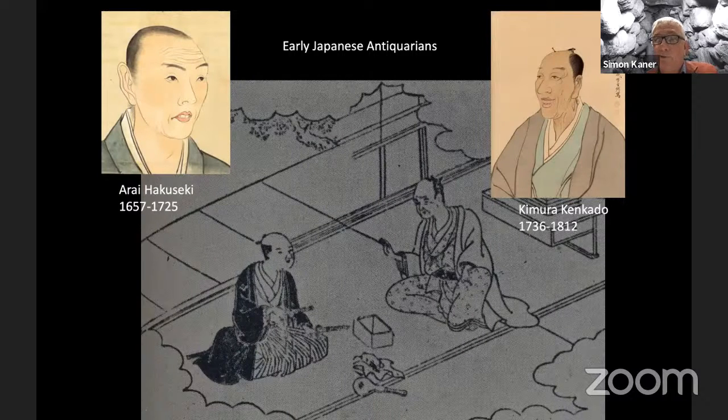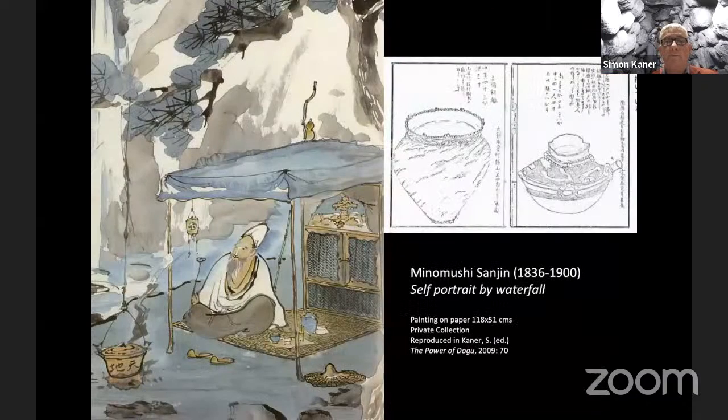son of a sake brewing family in Osaka, made a fortune for itself, but then got into difficulty with the authorities for the strength of the sake that it was producing, and he then went into trading and paper production. But he was one of the first people to create something which looked like a museum collection, and he invited his colleagues around to come and admire the antiquities that he had collected. So there's this strong indigenous tradition of antiquarian interest in Japan that I've long felt deserves more attention.